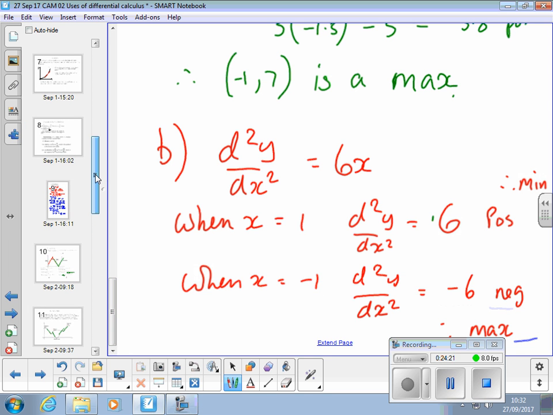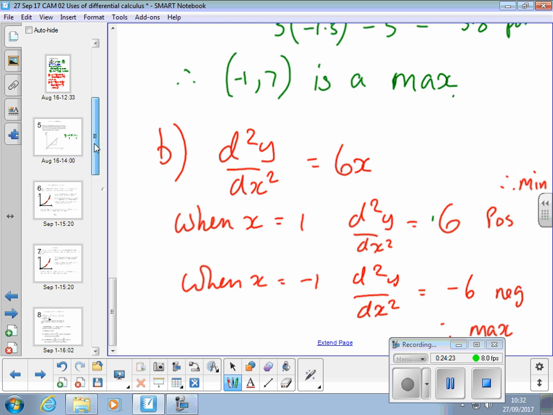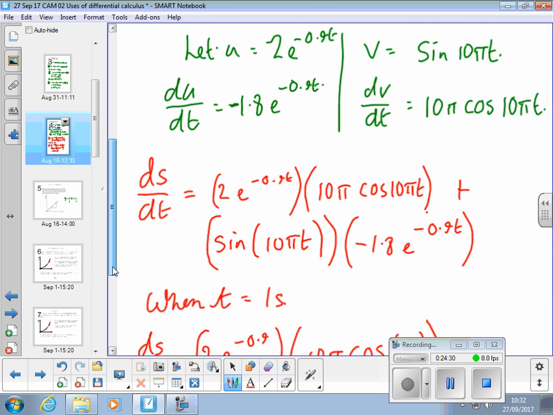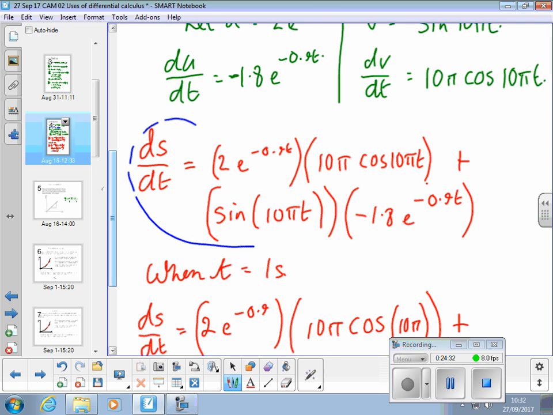However, should you have to do a turning point finding problem on something where the first differential looks like that,